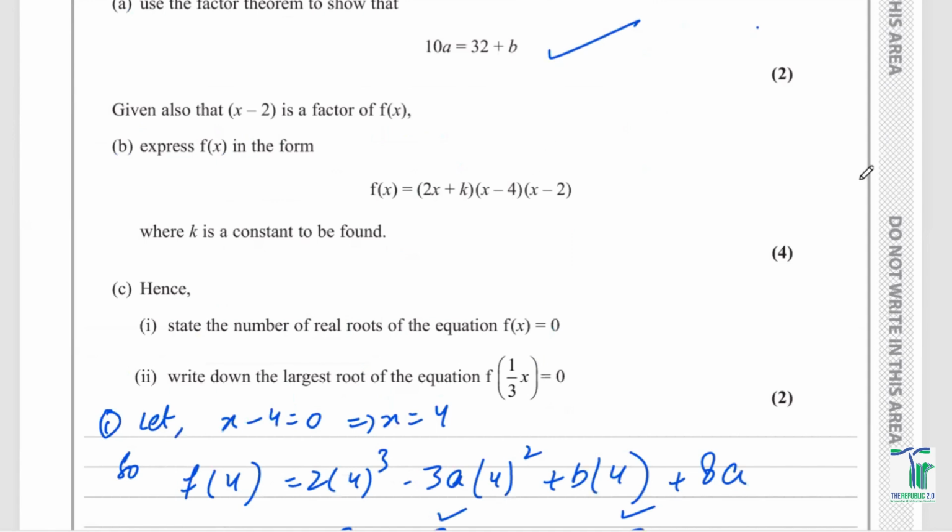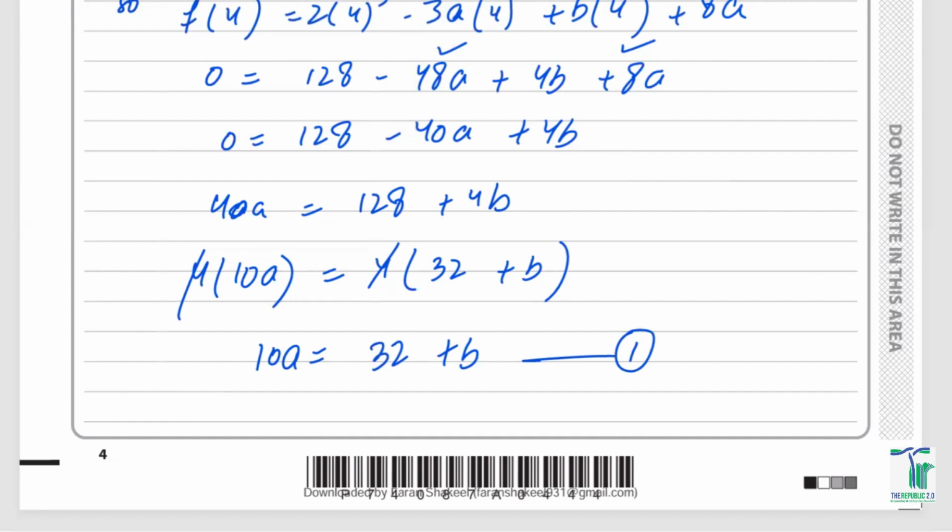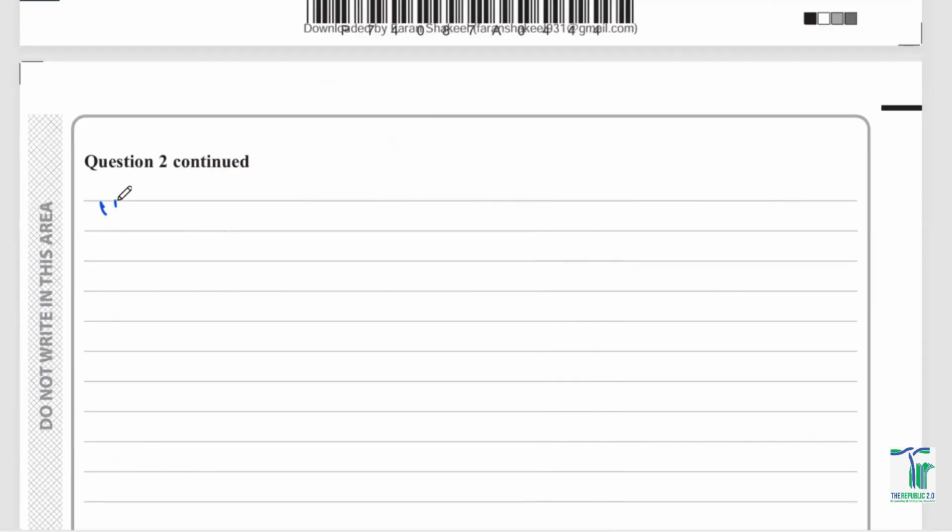So if x minus 2 is also a factor, then plugging x minus 2 into the above expression would also give me the remainder 0. So I'm just going to assume x minus 2 is equal to 0 as well. From here, x should be equal to 2. So f of 2 would be